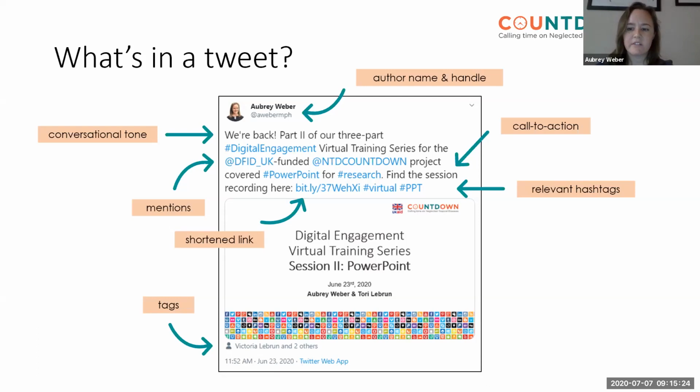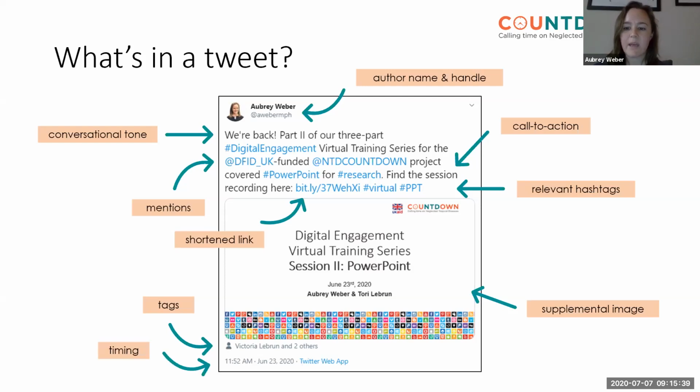I just mentioned supplemental images. While it is not required, it is a best practice to include a good quality image wherever possible. It simply takes your tweet to the next level and is likely to increase engagement.